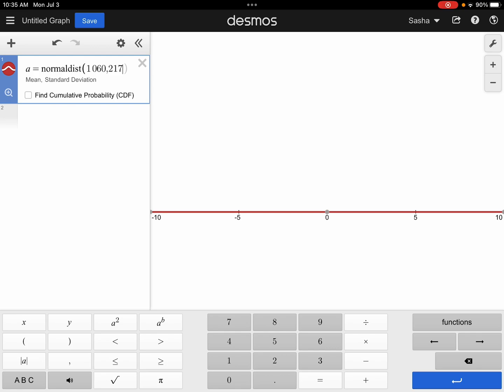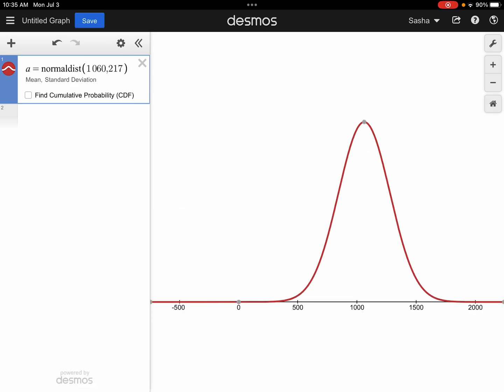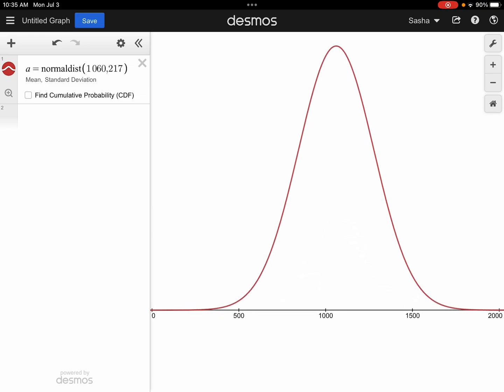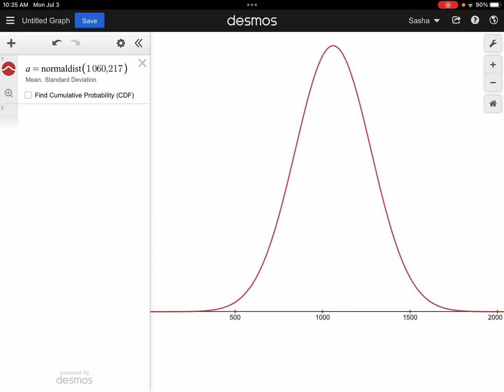Now, you might be looking at my graph and going, I don't see anything, I just see a random line. Just like with the other data displays we did in Desmos, if you hit that magnifying glass, it zooms into what it should look like. And look at that nice little curve. I'm going to change it a little, but all right, I got a sense of what my curve would look like.